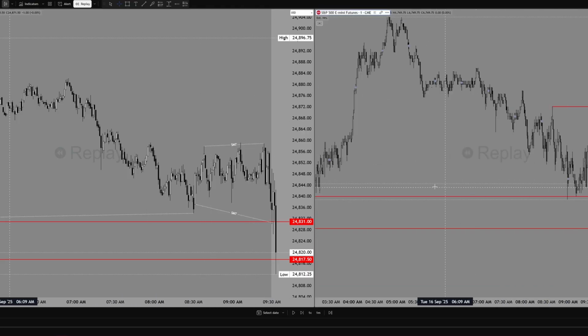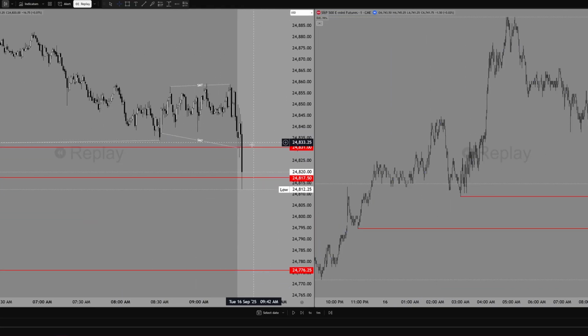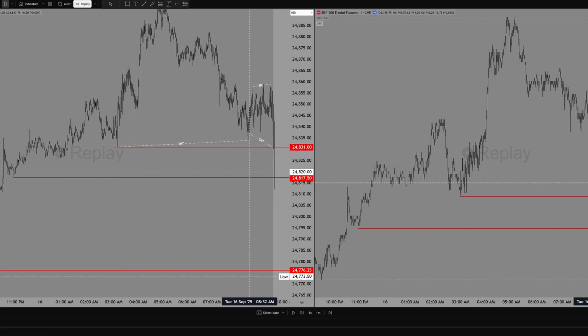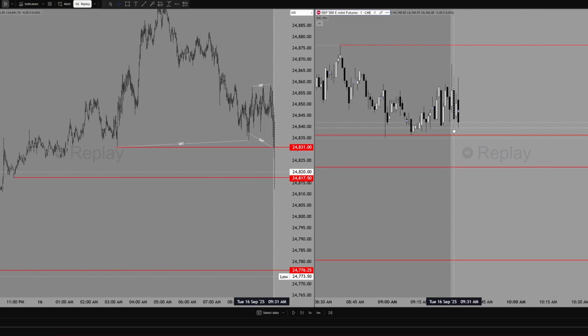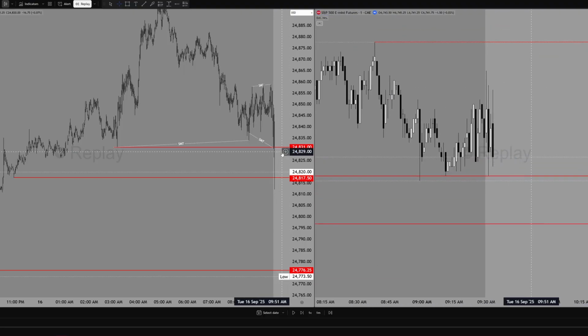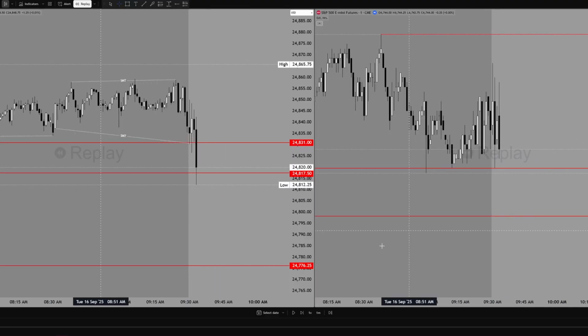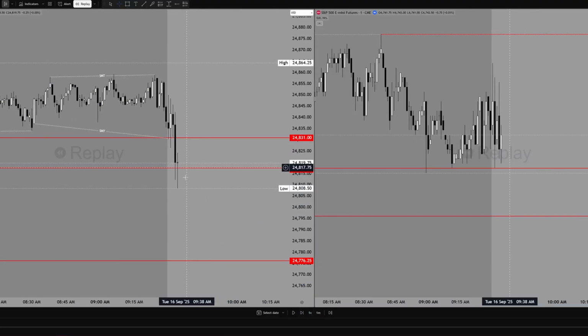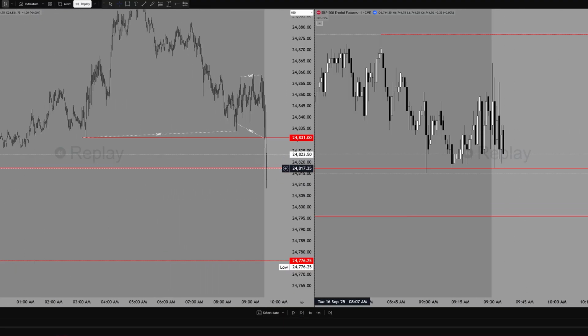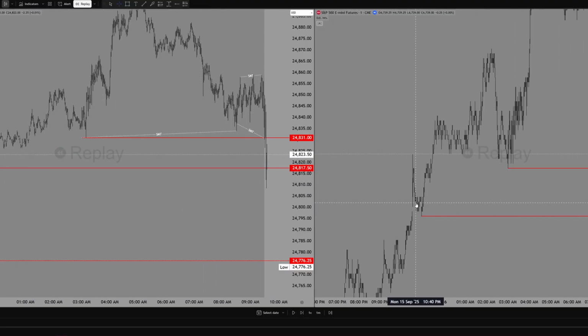Okay, so I'm gonna go back here. See what happens on ES because now we've taken this draw right here. ES has equal lows right here. It put in equal lows. Although we already swept the draw, it's still equal lows. We have bullish SMT on the lows. And now I want to see what happens after. I want to see what happens on this draw. So now we still have bullish SMT because we've taken this draw now, and ES hasn't taken that draw.